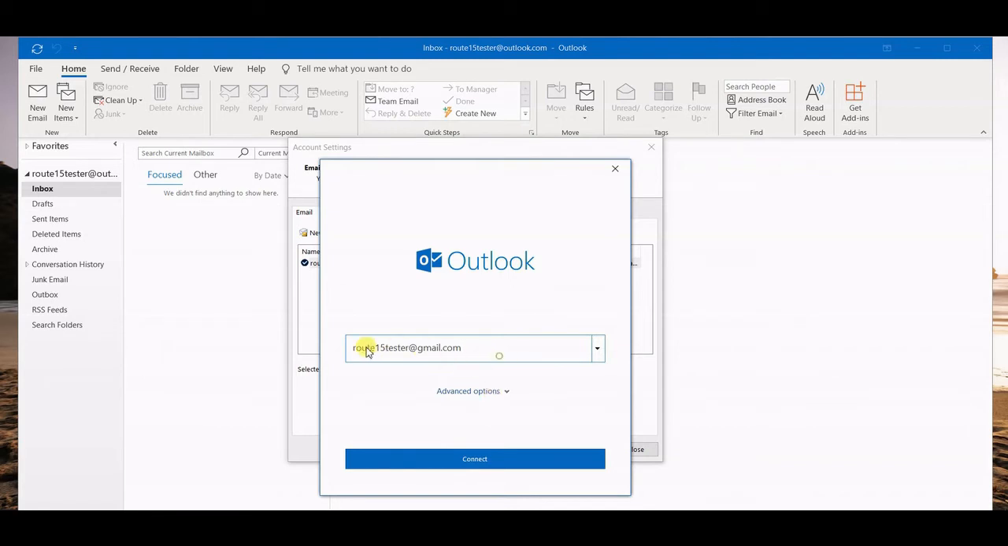In fact, as Gmail requires advanced settings, then tick let me set up my account manually, input my email address, hit connect,